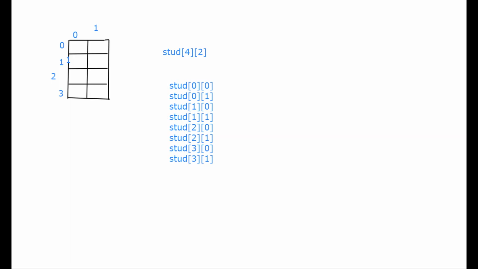Now, let us look at how we can enter the values in an array where we are supposed to change both the dimensions. Okay, let us see here where we have this student array, again the same array. This time, however, we are trying